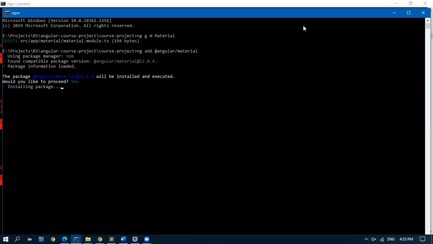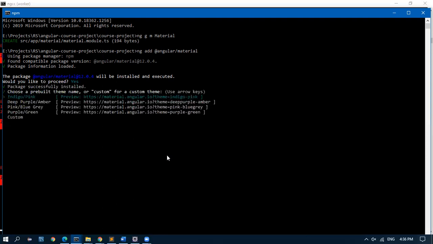Rajesh, here we are adding @angular/material. It's not a module. It's a third party UI component library.